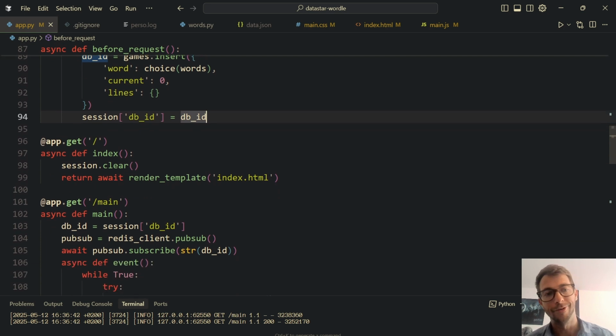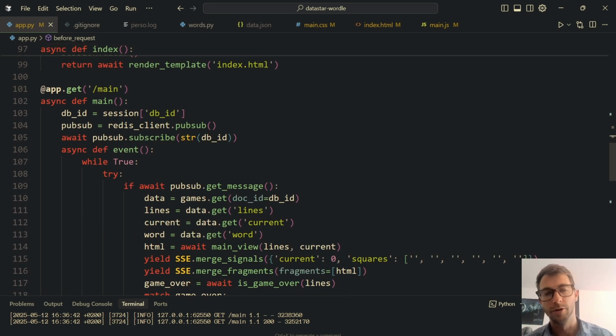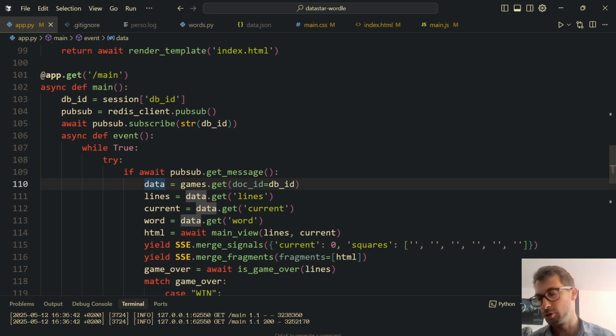Now we get into the real stuff, the main function. What we are going to do is retrieve the database, subscribe to the database. So if any event changes, my generator that I define here is going to wait for changes on this database. If there's any change on this database, because we have an open connection thanks to Datastar's use of SSE, we retrieve the new data